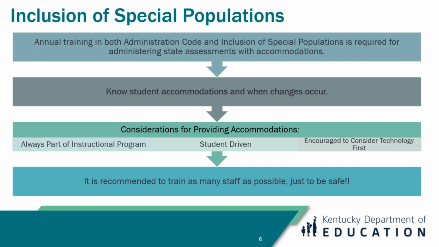It is important to know when students' accommodations have changed close to testing. Caution shall be used prior to making education plan changes related to accommodations near or within the state required assessment window. Changes may occur based on the time an annual meeting is to occur. It is important that any changes made are supported through the data and evidence. In addition, ensure that students' accommodations have been locked down after any changes. The inclusions of special populations can be located on the KDE website.